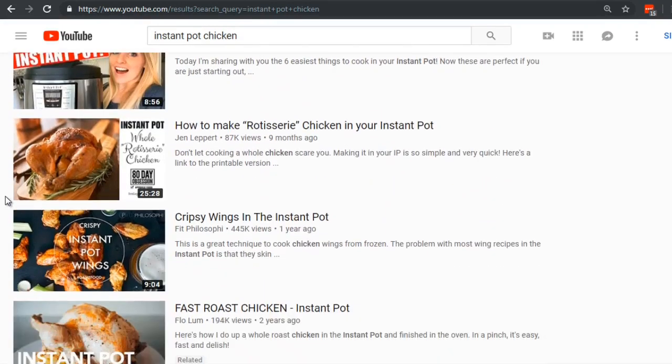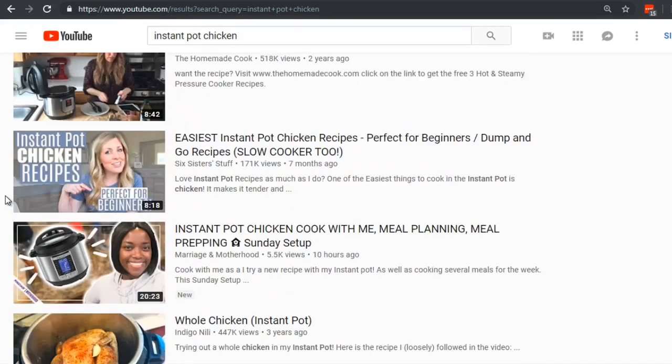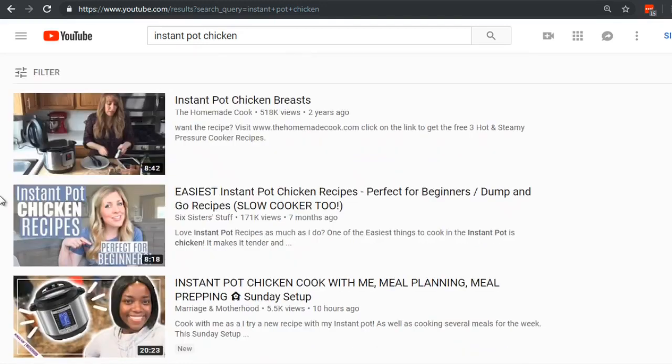So we can see the ones at the top definitely have the Instant Pot in it, or a word that's chicken, or a picture that has chicken in it. So it fits the keyword. Now, if you're not a professional thumbnail artist or anything like that, there are different sites that you can use